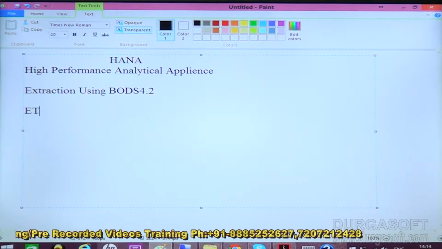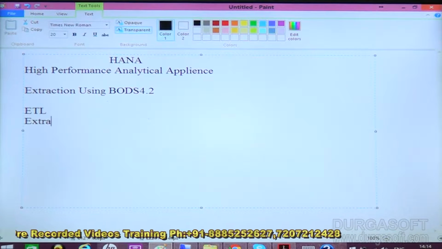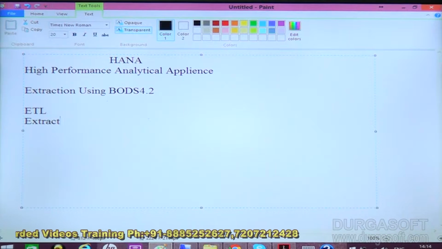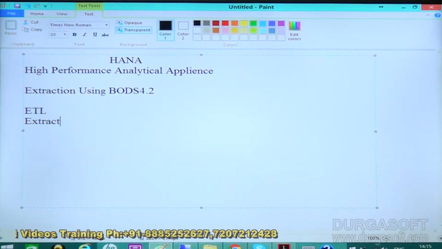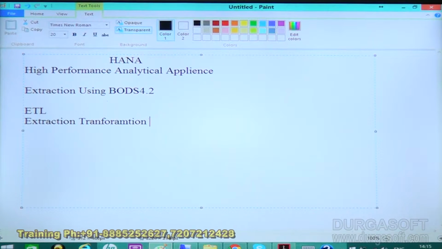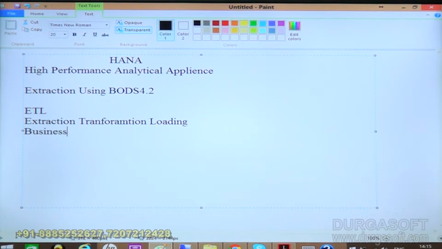It's an ETL tool, which performs the extraction from a source system, applies the transformation, then loads to the target. So BODS is Business Object Data Services, which we call an ETL tool.